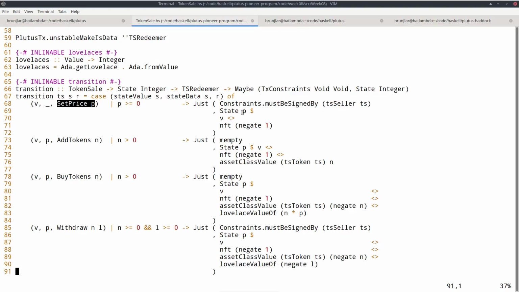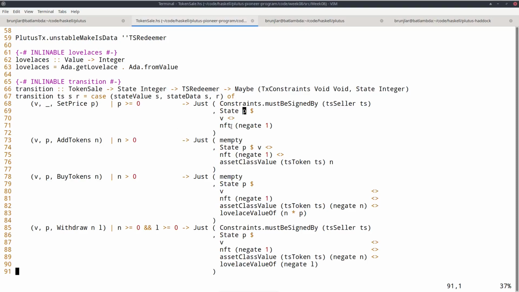And the new state, so now the new datum will be this new price P that comes from here. And I don't change the value in the contract. And this is now a bit unfortunate, because I mentioned last week that the state machine library hides all the boilerplate that you need to handle this in NFT. But for some reason, I'm not really sure why, there's a discrepancy between the left-hand side and the right-hand side. So somehow on the left-hand side, this V does contain the NFT.